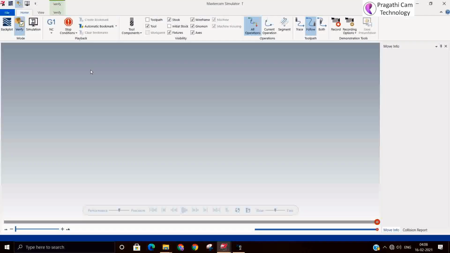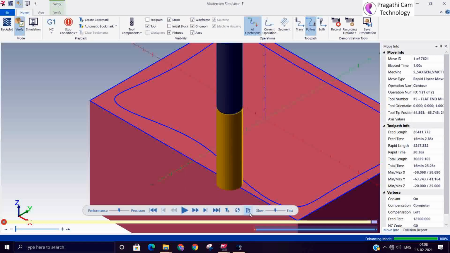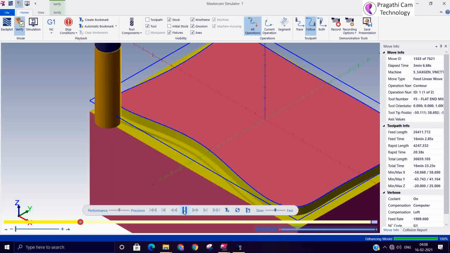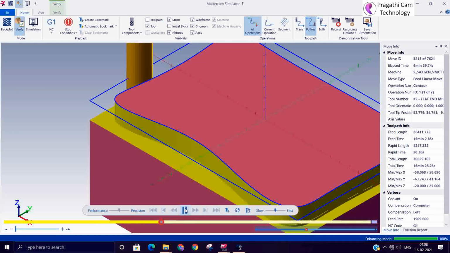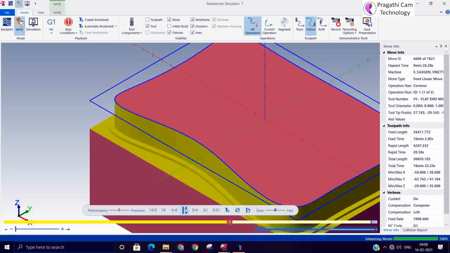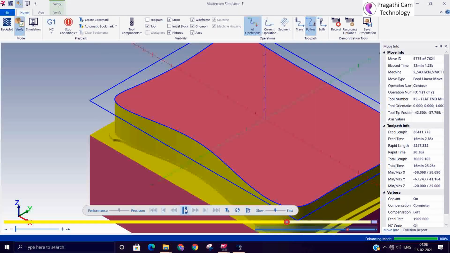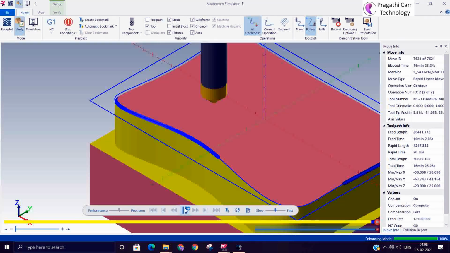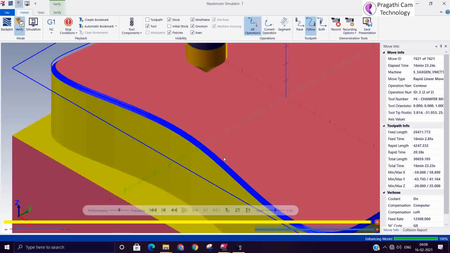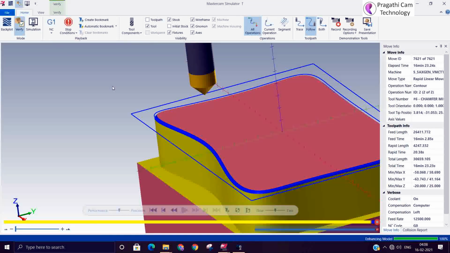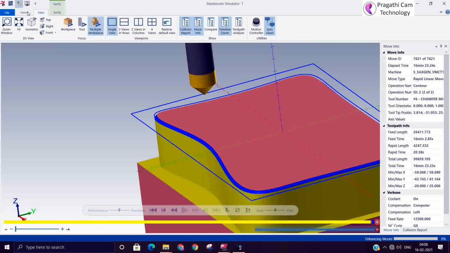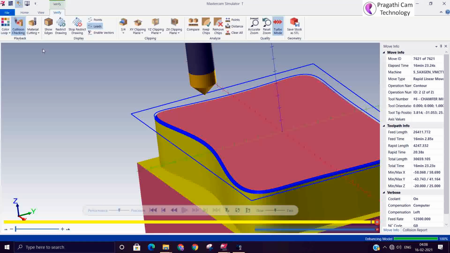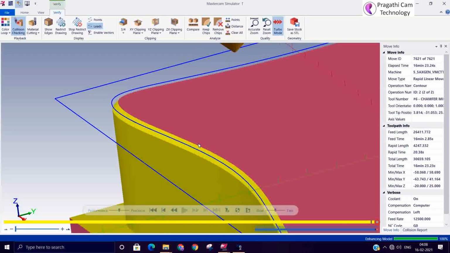Let us run it and see. Now you can see that this is the chamfer. I have changed the color, that's the reason. If you switch off the color option, then you can see the chamfer properly.